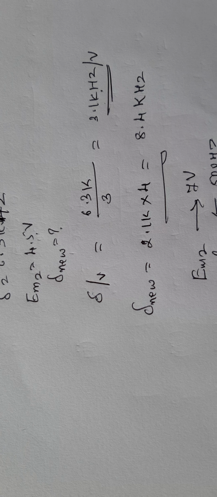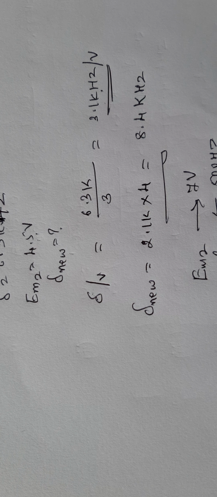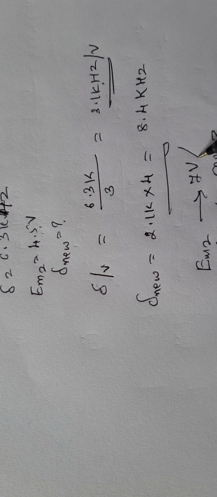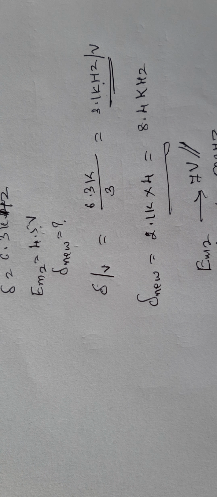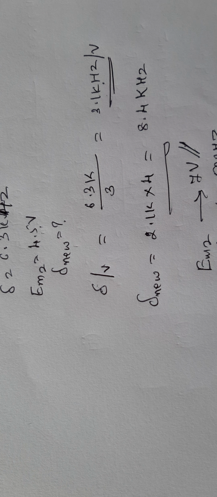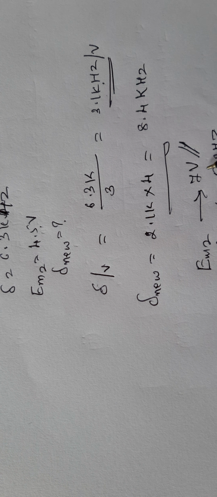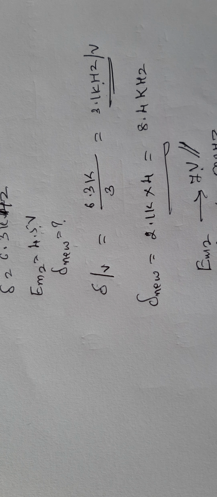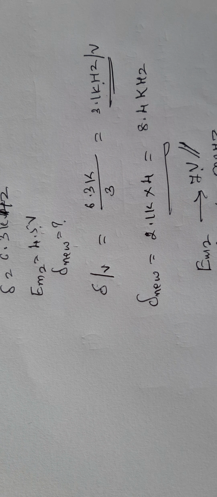The new deviation is now for 7 volts, and we know that deviation per unit volt is equal to 3.1 kilohertz. Therefore for 7 volts, I will call this delta nu dash, the new deviation, which is equal to